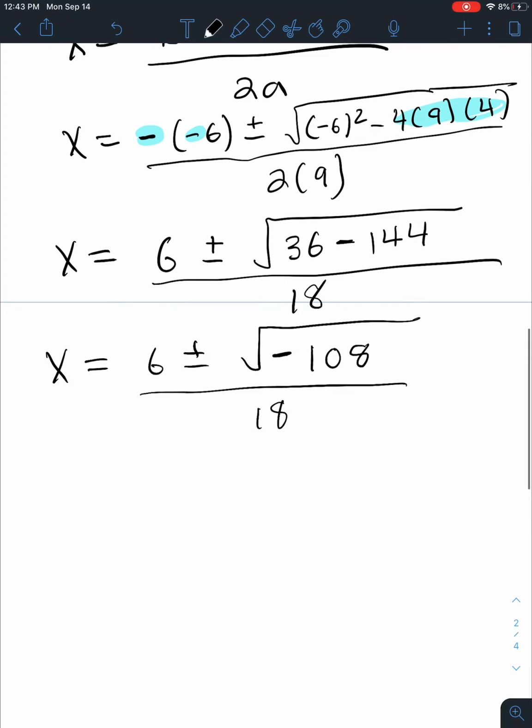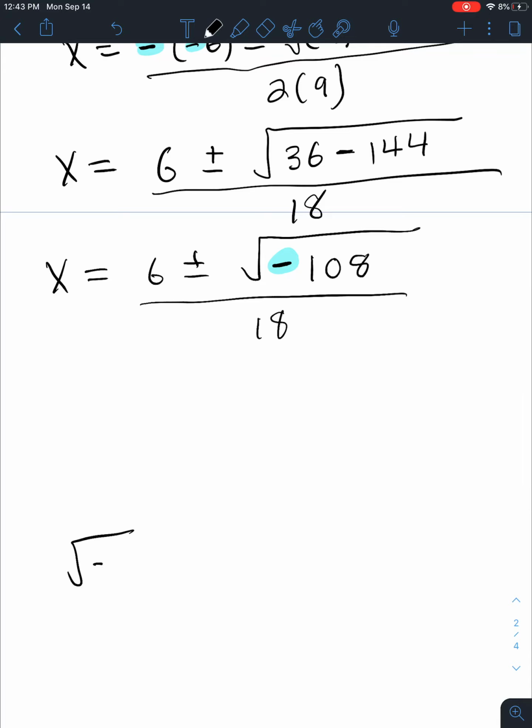Something that we need to remember is you can never take the square root of a negative number. Like, you won't get a real number. So we invented something called imaginary numbers. And the one thing that you need to know about imaginary numbers is that the square root of negative 1 equals i. That's just something that you have to remember. So keep that in mind. So when I continue this problem, I get x equals 6 plus or minus negative 1 times, this is where